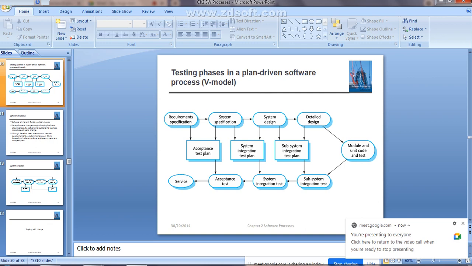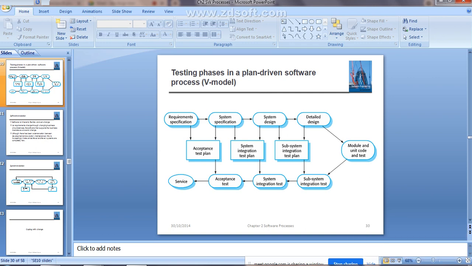See here, there is requirement specification. At that time you check acceptance test plan, or you can say the customer test. Then once you have the system specification, you can do the system integration test plan. Once you finish the system design, you can do the subsystem integration test plan.